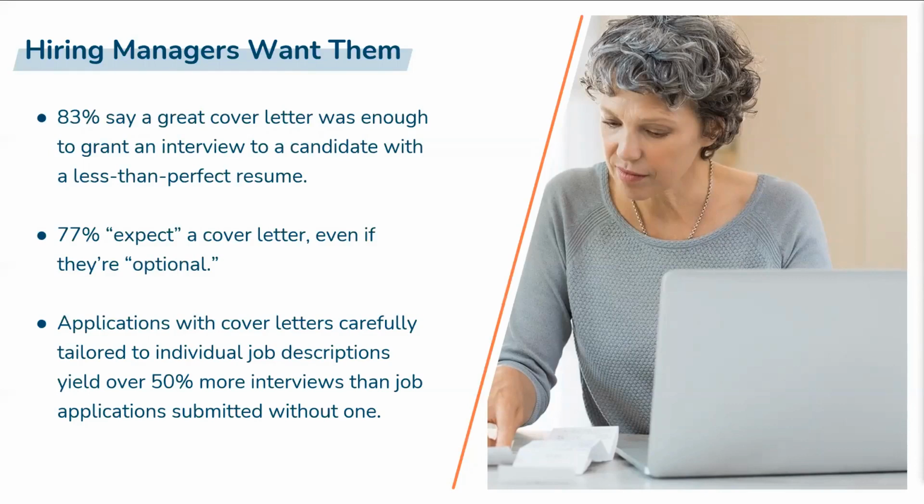And here are some stats on the screen regarding the importance of including a cover letter when applying for jobs, just in case you're perhaps a little skeptical as to why you really should include writing a cover letter each and every time that you apply. So let's just read through these stats here together. 83% of hiring managers say a great cover letter was enough to grant an interview to a candidate with a less than perfect resume. So let's just say that perhaps you're a candidate whose resume doesn't quite have